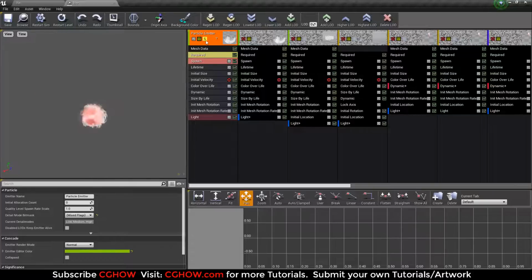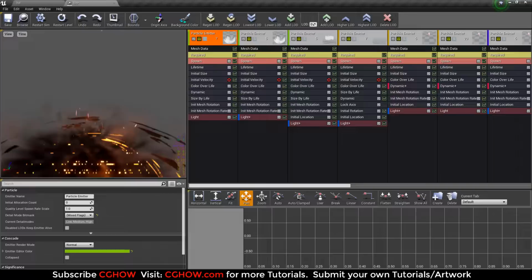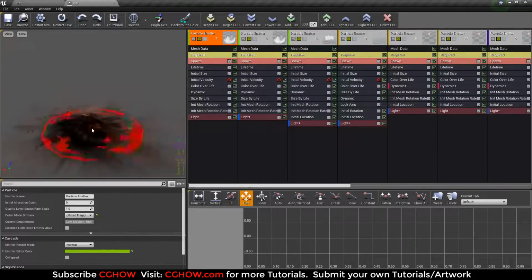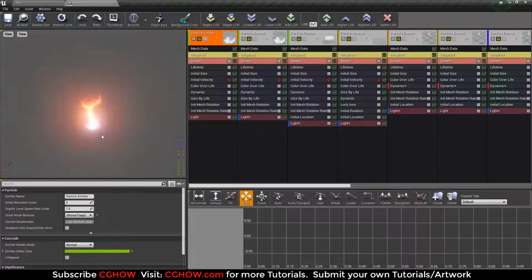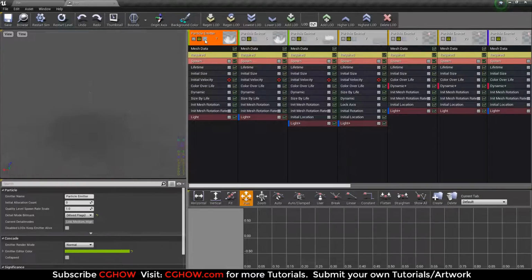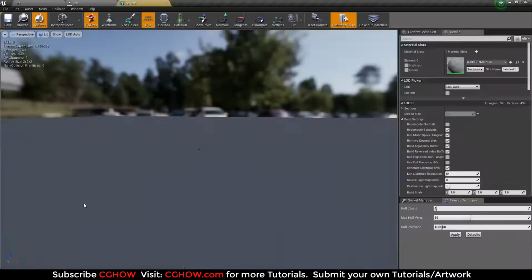So what exactly is this? If you see my whole effect, first the lightning is coming to the ground and some effect builds up here. You can see energy build up. Then after some time another lightning hits and there's more impact. So I have just made a build up here. For the build up, the first emitter I used is a mesh